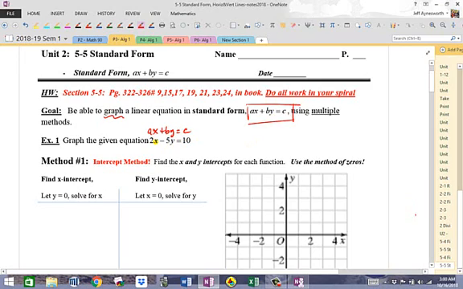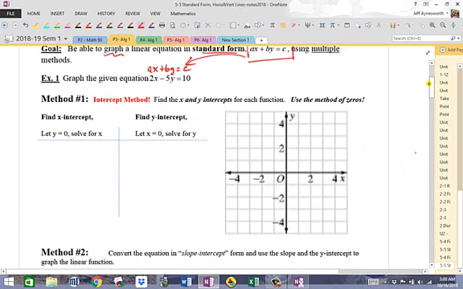Notice that a is 2 and b is -5 and c is 10. All right, the variables are on one side and the constants on the other. Whenever that happens, you have something in what's called standard form. Not the slope intercept form that you guys are used to, where y is isolated. So we're going to get into that form here in a minute, but first method here, which is cool method here,